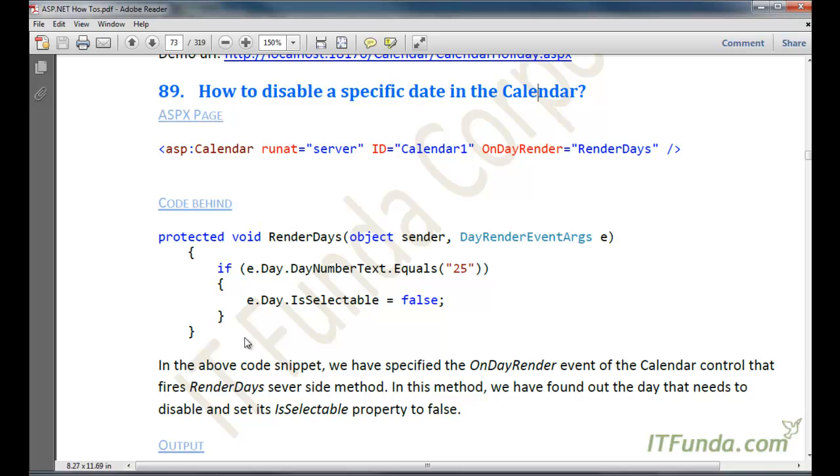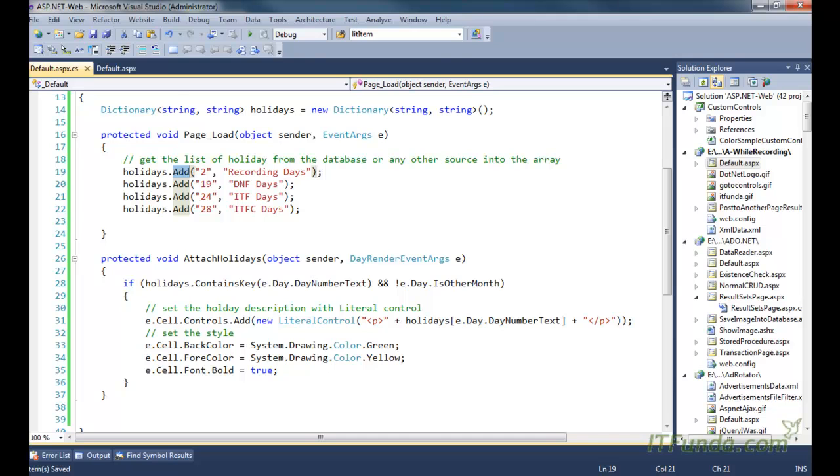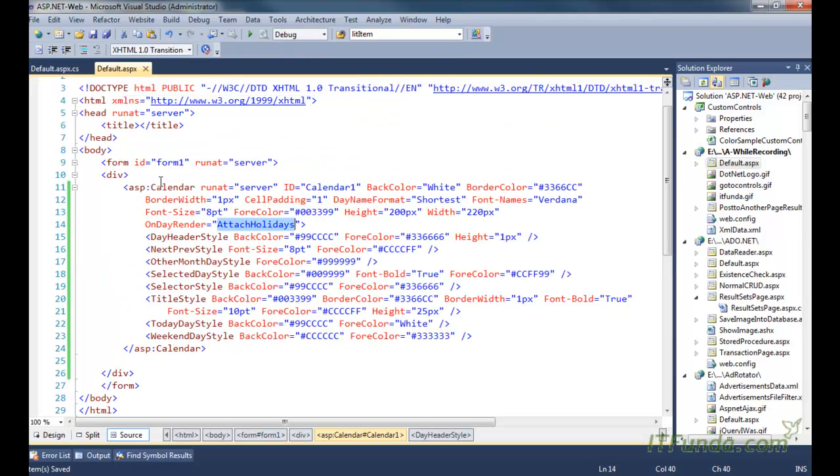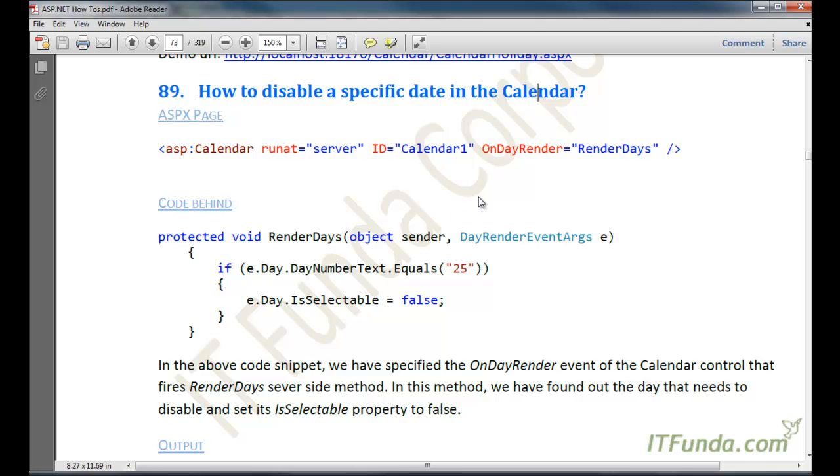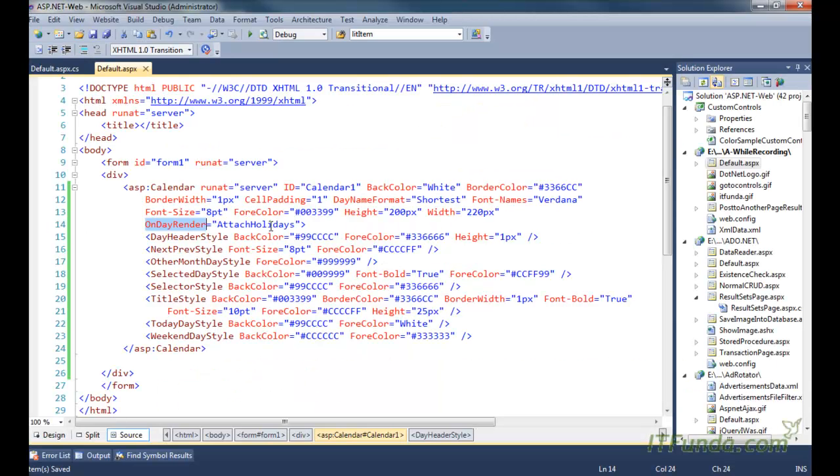In order to do that, we can write e.Day.IsSelectable equal to false. Let us do it here itself, and remember that in order to disable a particular date we also have to specify the OnDayRender event. You can see here we have specified the OnDayRender event, and I already have it in this particular example,